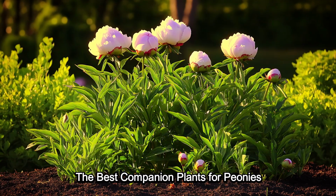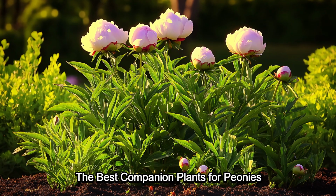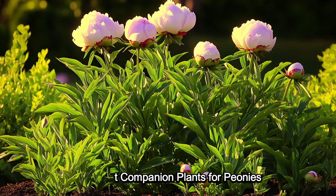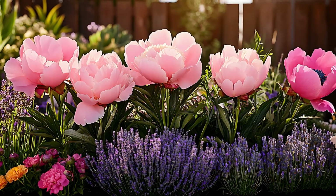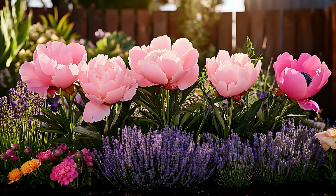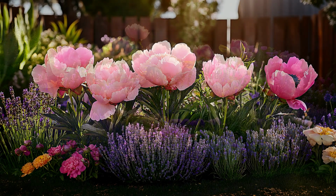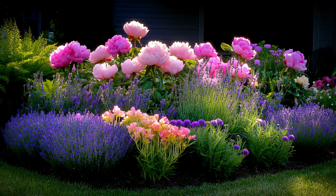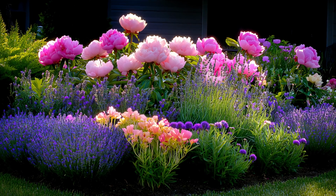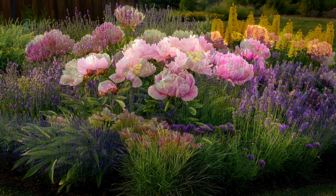A well-designed garden isn't just about a single flower. It's about creating a harmonious blend of colors, textures, and seasonal interest. Pairing peonies with complementary plants enhances their beauty, while also improving your garden's health. Lavender, salvia, and catmint make excellent companions, adding a soft, airy contrast to the boldness of peony blooms while repelling pests. Alliums are another great choice, as their tall, globe-like flowers create a striking height difference and deter pests like